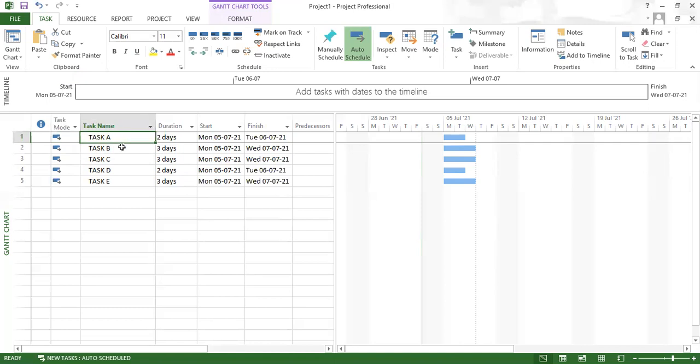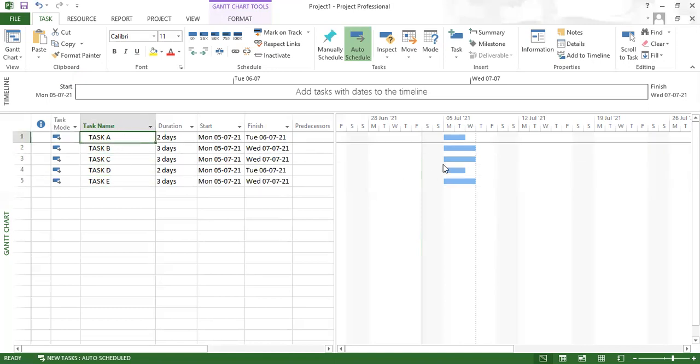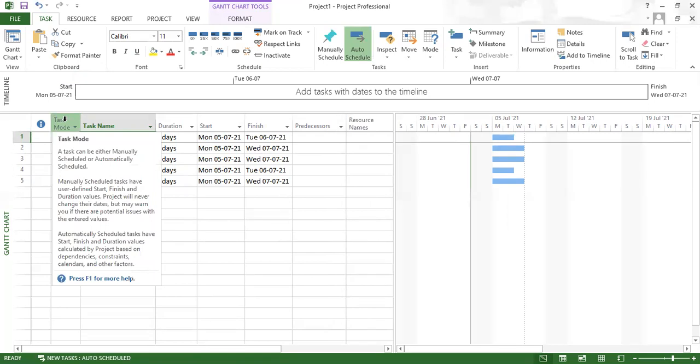Now if I want to add a relationship or link to the respective tasks, here you can see the first column is the indicators, and the second column is the task mode.